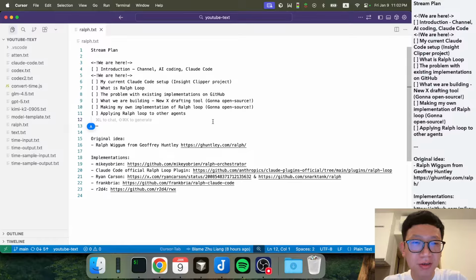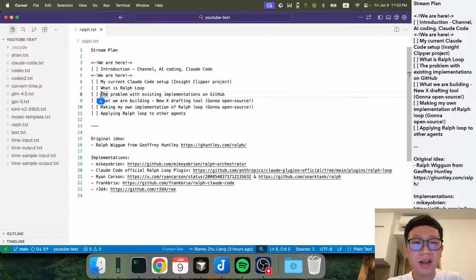So I'm really excited to try this out and integrate it into my current workflow. I think it would work really well. These two have very good synergy with each other, which I'll explain later why. I'll talk about what the Ralph loop is, and I've actually done some research,